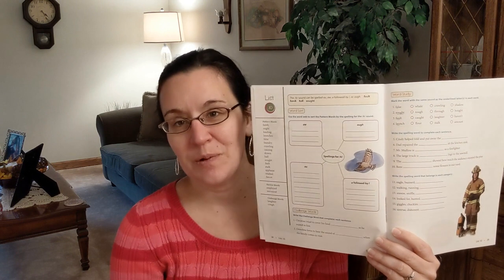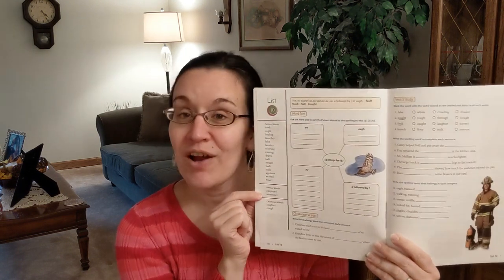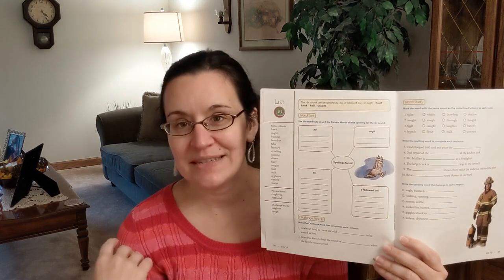16 words that fit this rule. Then you've got 2 words that are review, so words that came from previous lists. Then you have 2 words down here that they call challenge words. Words that maybe don't really follow a spelling rule, or they're a rule breaker, as we call